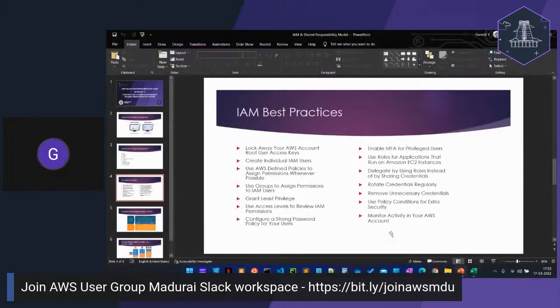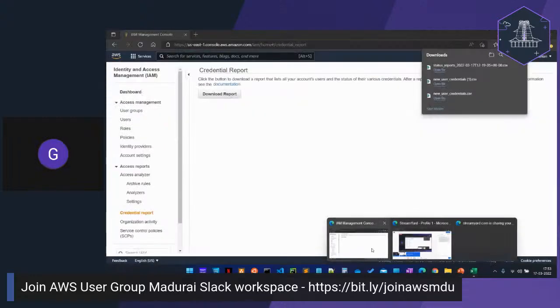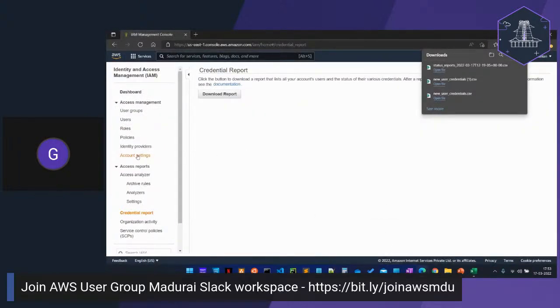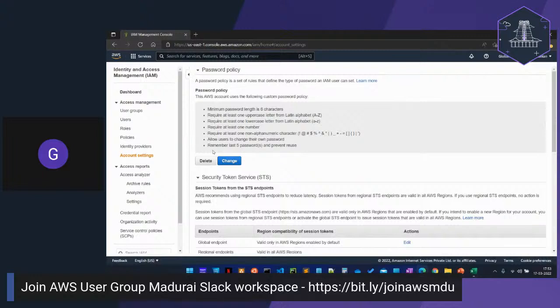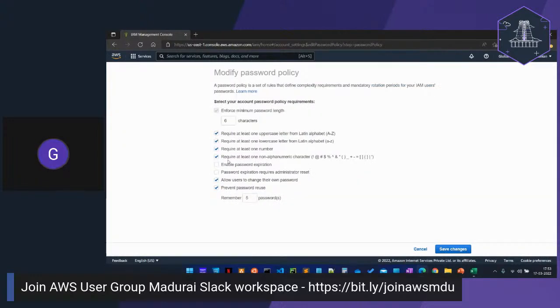Yeah. So on this point, I can quickly show you the strong password policy. We have account settings here, and here you can see we can define the password policy for a particular account. So you can enforce the minimum length. So 6 is not ideal. AWS recommends 14 characters, and you can enforce whether there should be at least one uppercase letter, one lowercase letter, one number, one special character, and you can even enable